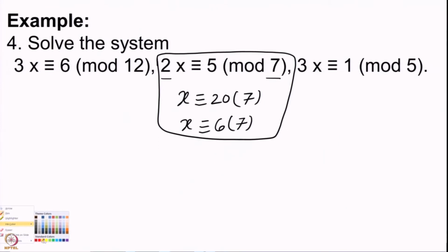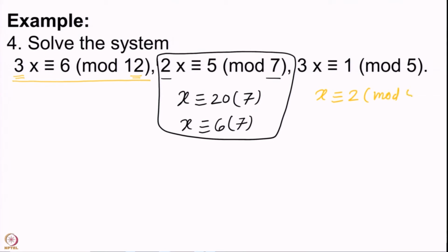Then I change my color of the ink and go to the next one. I am not coming here because here we do not quite have that the inverse of 3 modulo 12, we will have to cancel out the GCDs. So, I will come to this again, but for the moment I can cancel the GCD here. I can cancel 3 modulo 5 by multiplying by 2 on both sides. So, here we get x is congruent to 2 mod 5, which is consistent with this system.